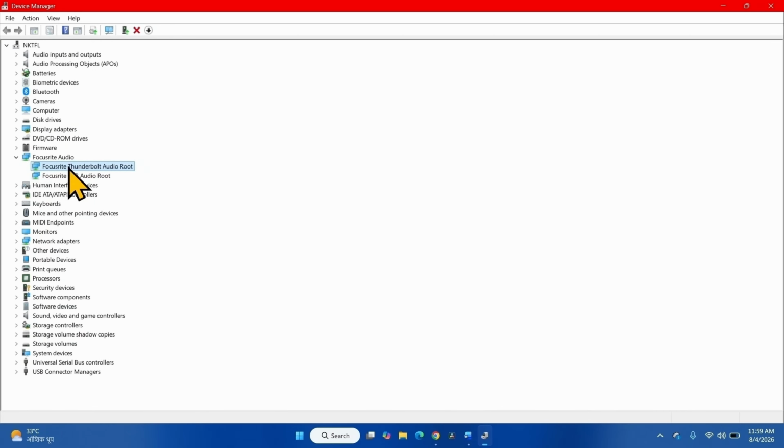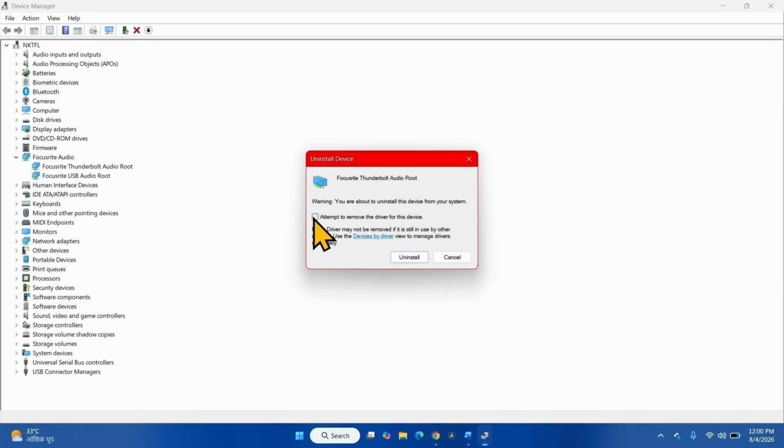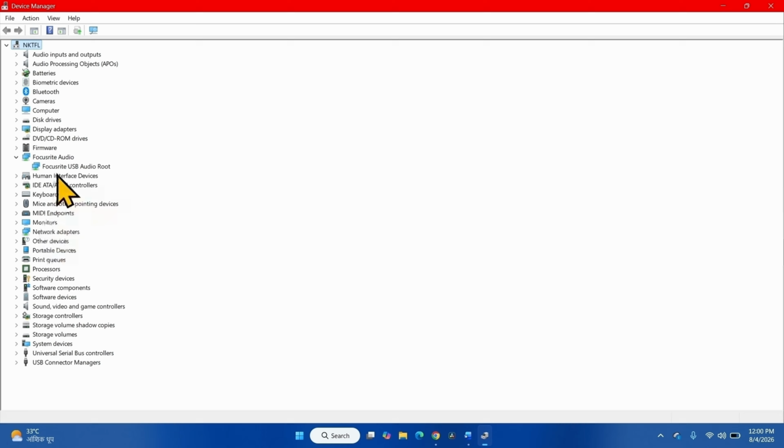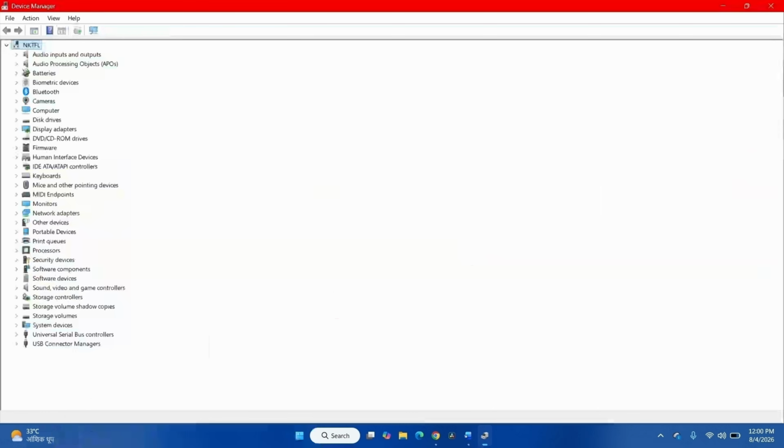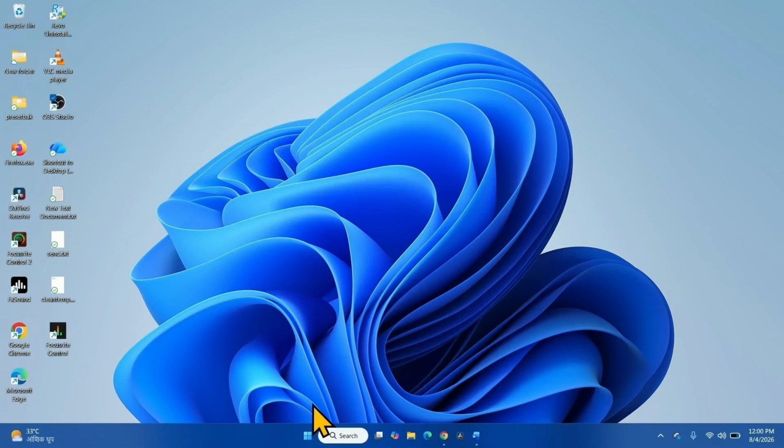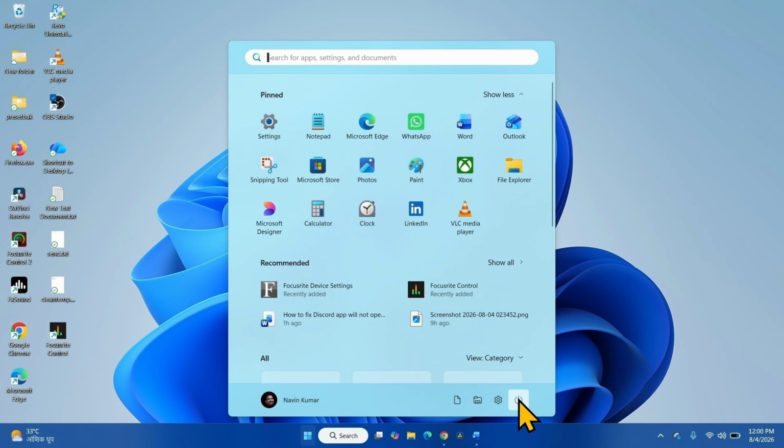Right click on the device, select Uninstall Device. Check this box which says attempt to remove the driver for this device and click on Uninstall. In the same manner, uninstall the other device, click on Uninstall. Once uninstalled, restart your computer